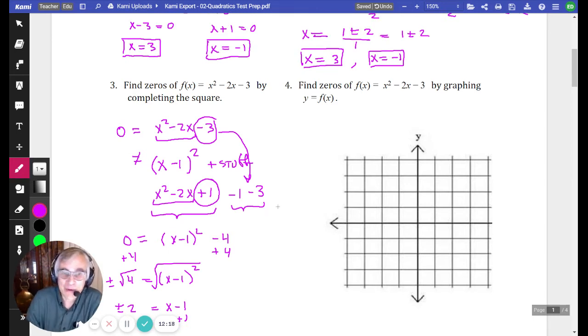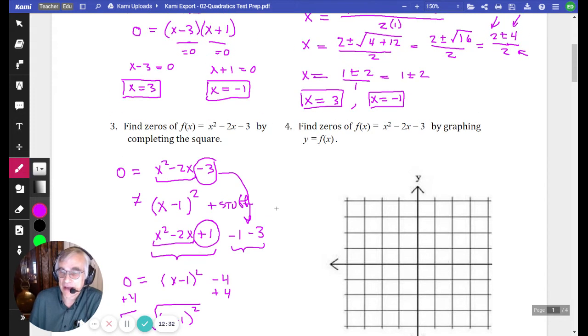Lastly, we want to think about finding the zeros of a function by graphing the function. And there are a number of ways of approaching that. We could try graphing this vertex form equation, but I want to show you something a little bit different. I want to use a very tiny formula for finding the vertex x coordinate, also known as the,